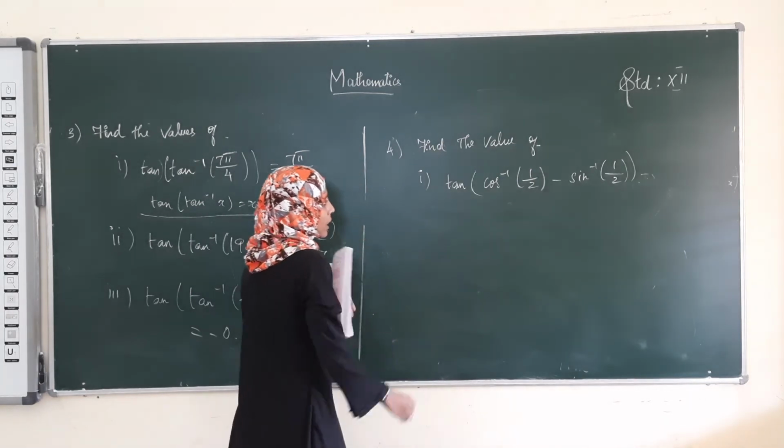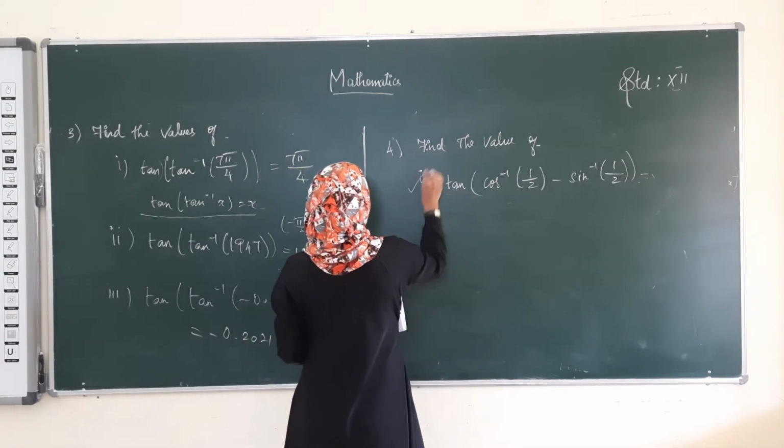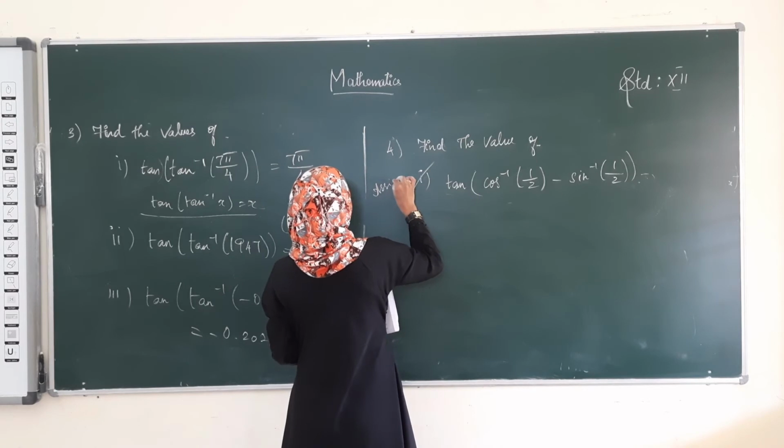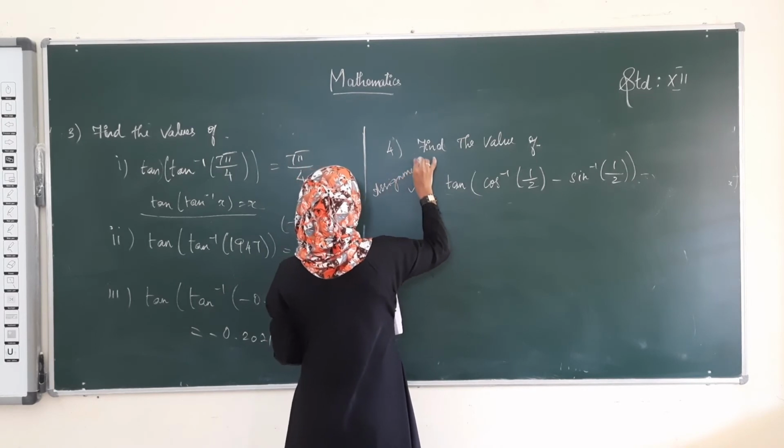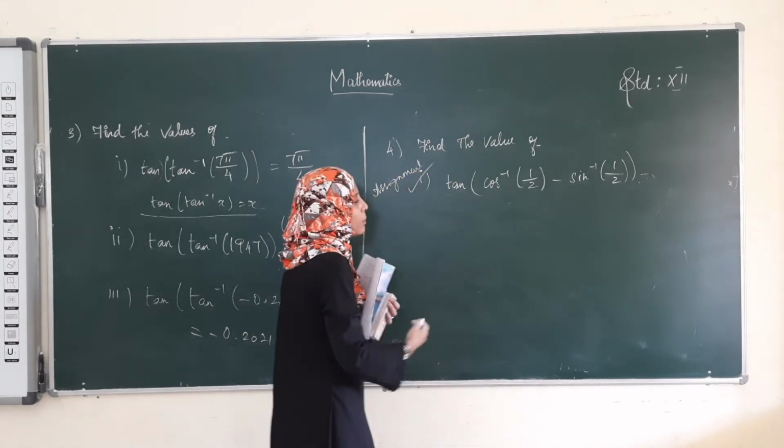See here, on the outer side we have tan. So this is the assignment for you. I will give you a hint. This is the assignment for you. I will do the other 2 sums. Compared to the 2 sums, this term will be easy.